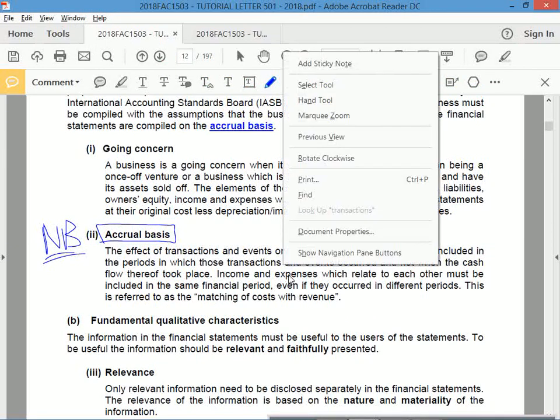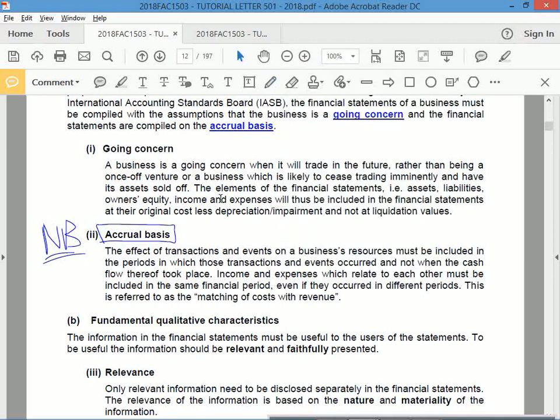The accrual basis. Right, the accrual basis is normally compared to the cash basis. So I see it's not here, but you can write it in versus cash. So it's accrual versus cash. Cash is when I receive money and when I pay money. Receiving money and paying money is a transaction, but it's a different transaction to when you earned it or when you incurred it.